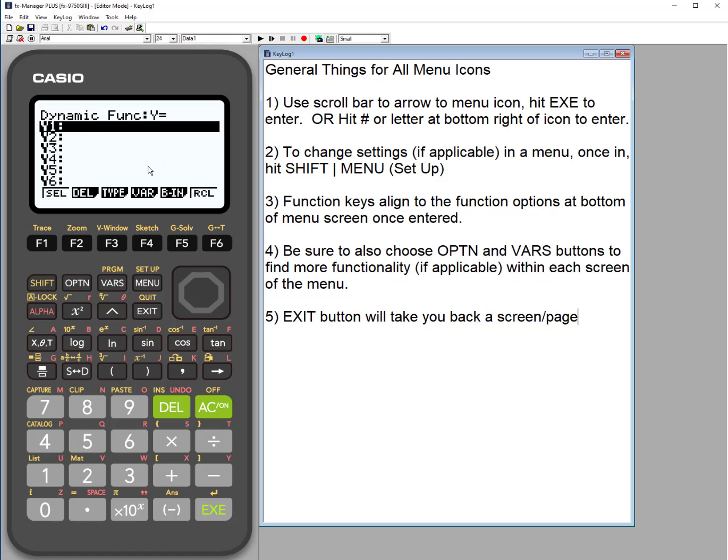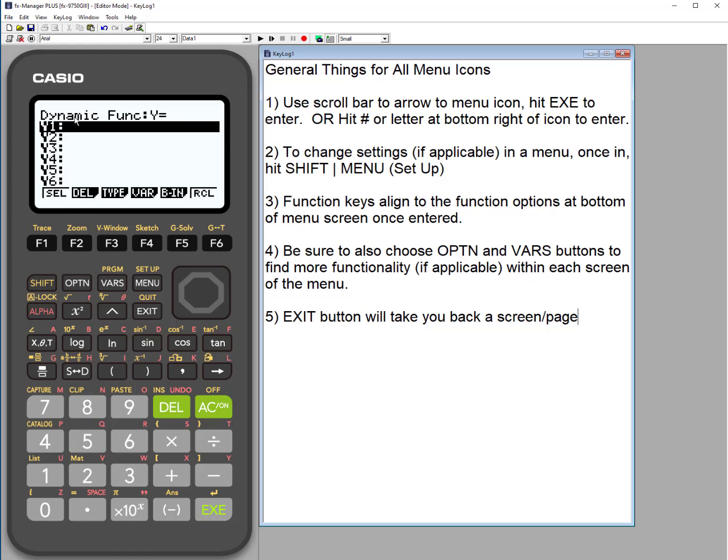Another thing I want you to notice is this number 4 right here, and this number 3. So the function keys come into play the minute you go into a menu icon. On the initial landing page, you'll see everything you need is always on the screen right in front of you, and it aligns to the functions. So if I were to select the function under each one of these words, in this case functions, it would do something for me.